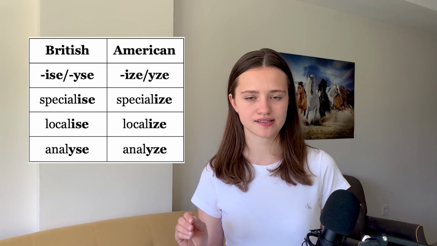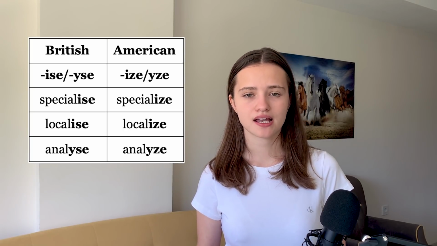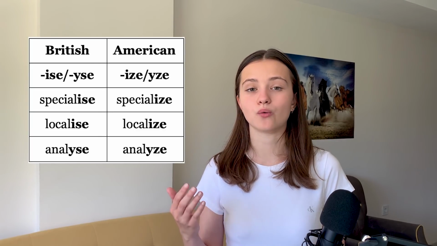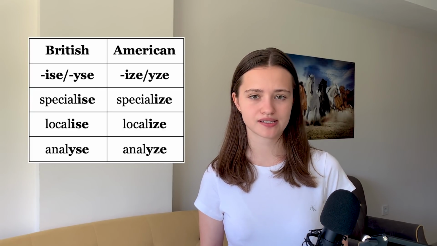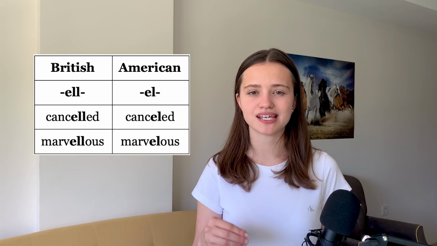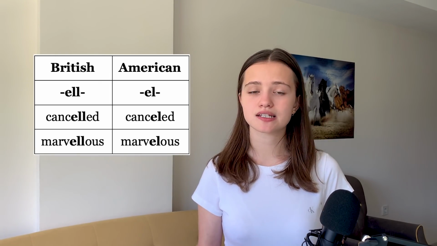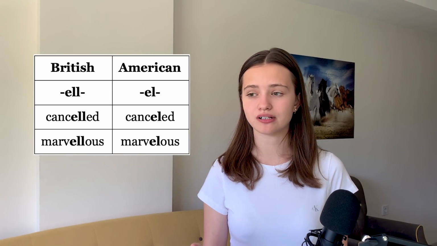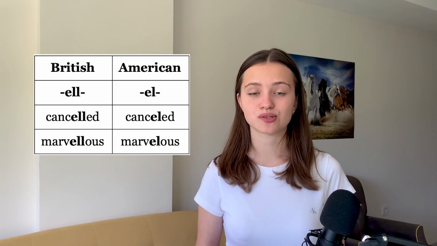So with the letter S, it's going to be British, like specialize, localize, analyze. And for American English, it's just going to be IZE or YZE: analyze, localize, specialize. And the last spelling difference is going to be about EL or ELL. ELL is British, like cancelled, marvellous. EL is American, like you can spell traveled with one L, canceled with one L, and marvelous with one L